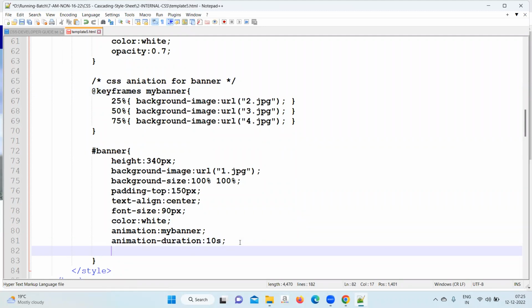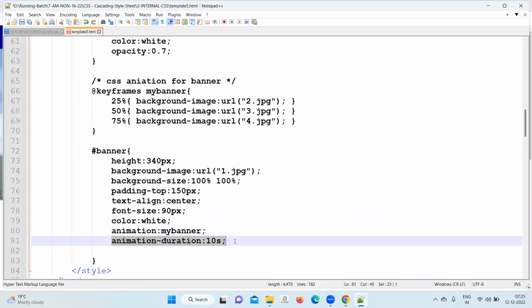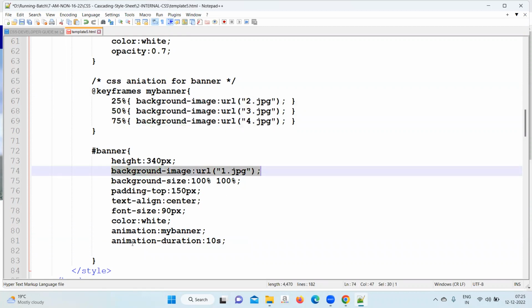Next we have to write how many times the animation should be called. Once it is called, it will be for the 10 seconds. In 10 seconds, what should happen? The photo should change 4 times, 3 times from here and 1 time here. But how many times it should be called, you have not written. You have to write here